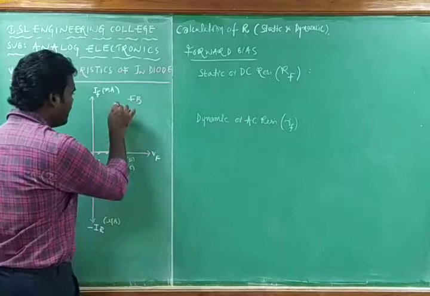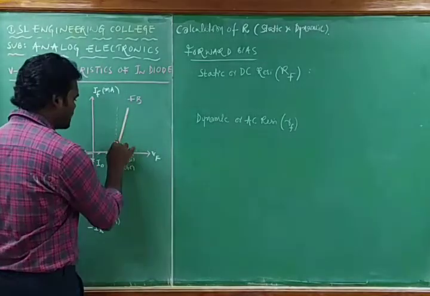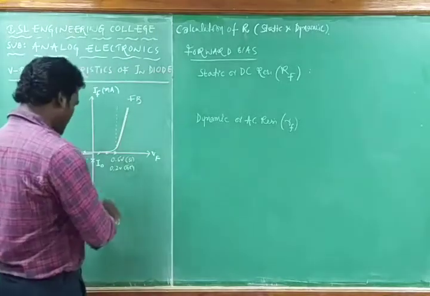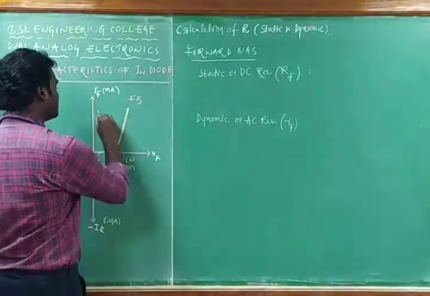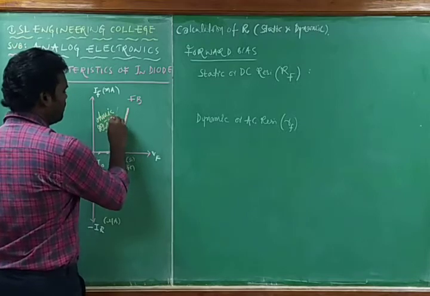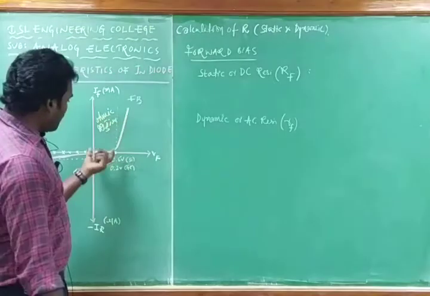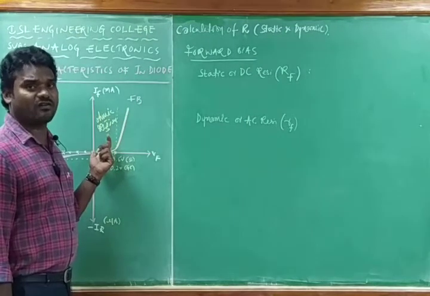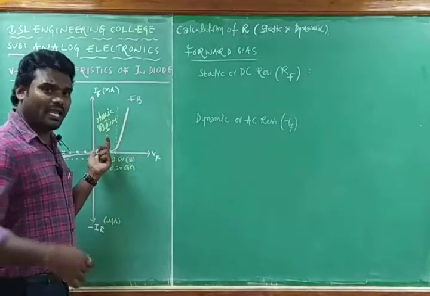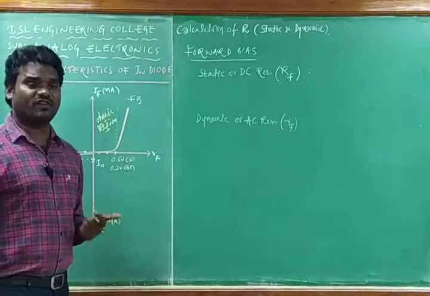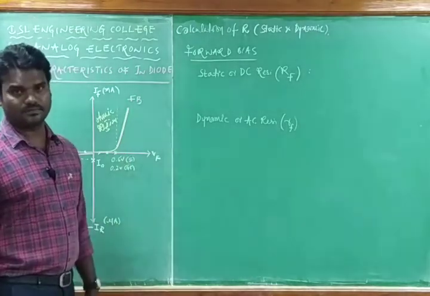No need to calculate the resistance in the ohmic region. This is the region in which the diode doesn't conduct current in forward bias, and it is called the ohmic region. In the ohmic region we are not calculating the resistance, because even though it is forward bias, if you calculate the resistance there, it obviously tends to infinity, because there is no current.